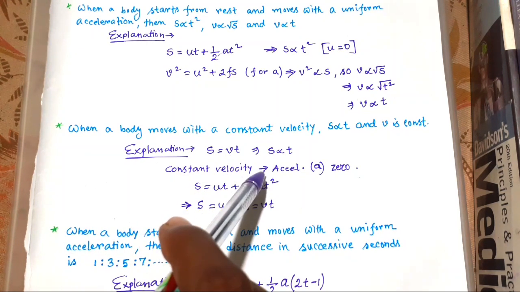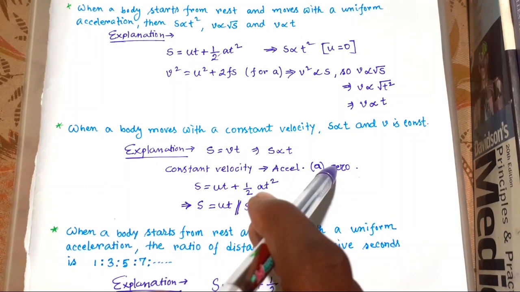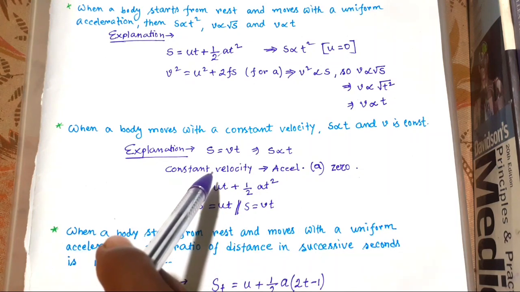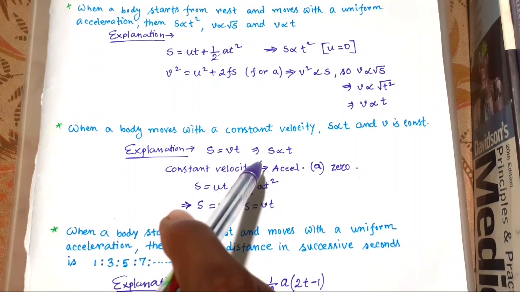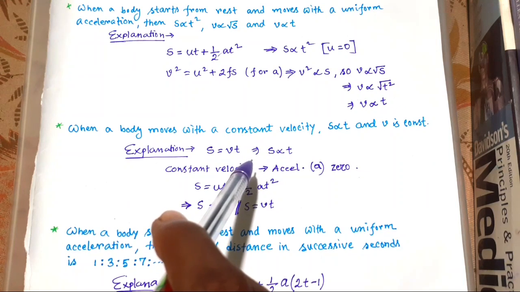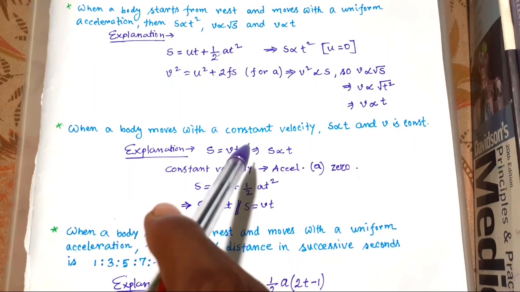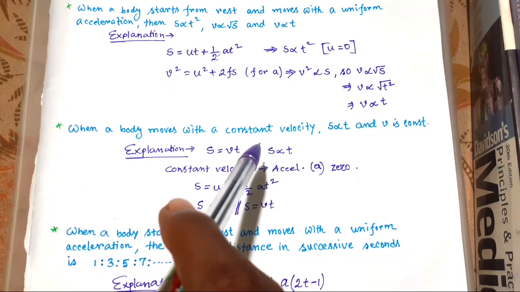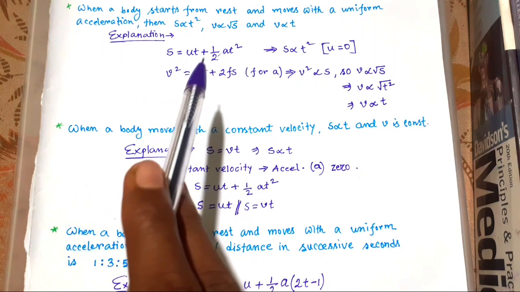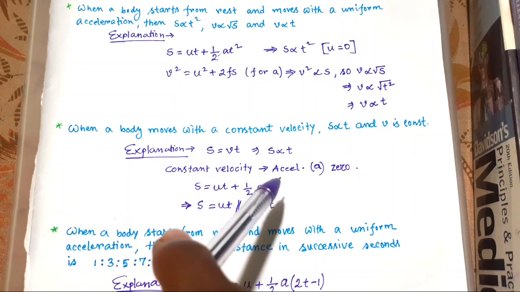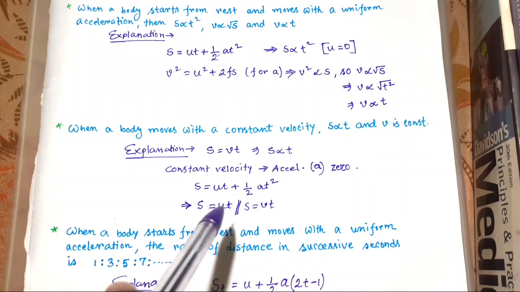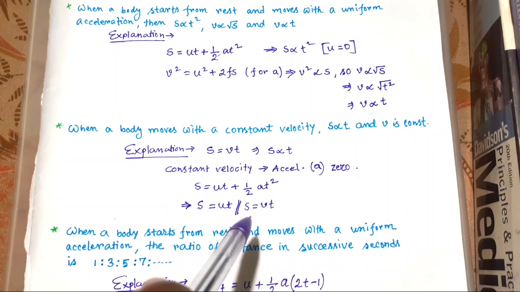Constant velocity means acceleration 0 because force is 0, okay. So there is constant velocity. If there is any force, there will be acceleration, and velocity will not be constant. It will be changed, maybe in direction or magnitude or both, okay. Now we can also prove it from the above formula, S equals ut plus half at square. So now a equals 0, so S equals ut or S equals vt, that is velocity, okay.